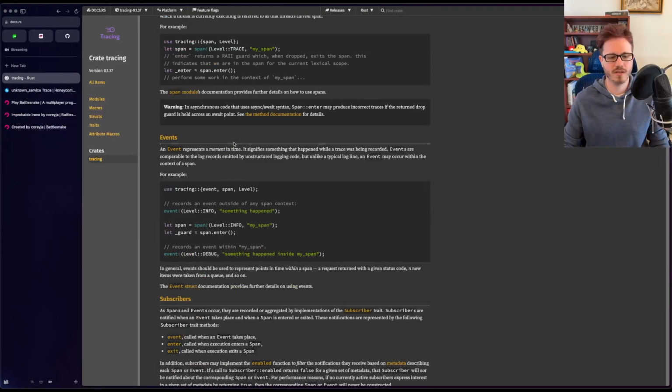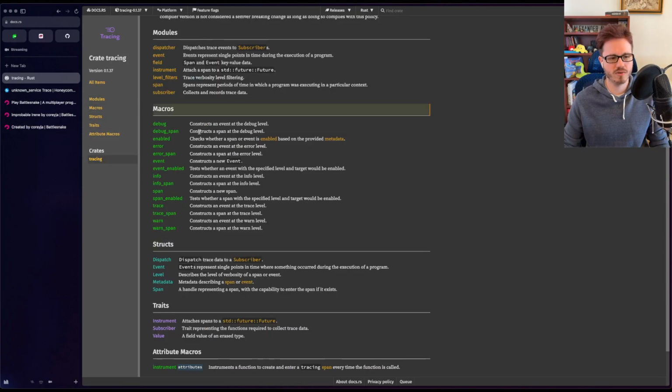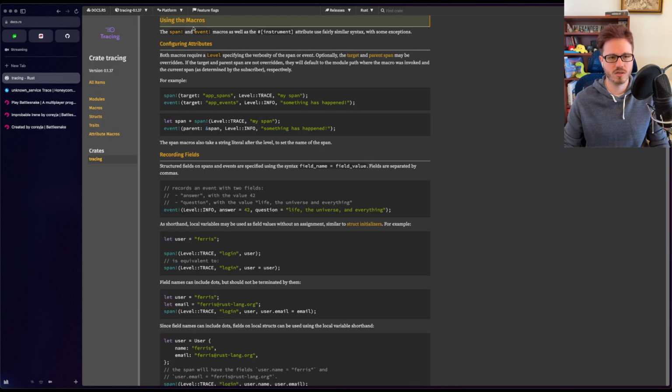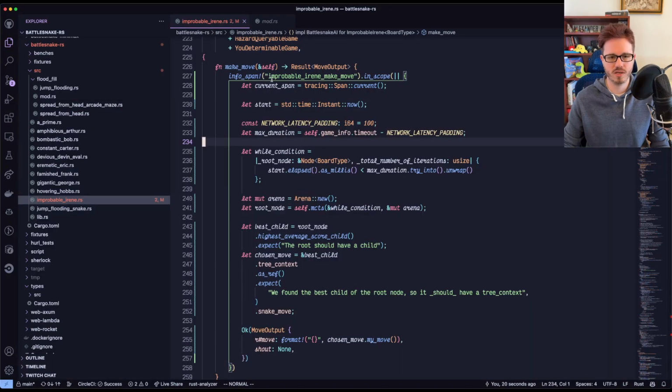Okay, so then the other thing I need to remember how to do is how do I attach fields to these when I use the macros. So if I do any of these spans, top level documentation, yeah, span macro. Oh, okay, that wasn't very helpful. But I think it's things first and then the name at the end. So like,